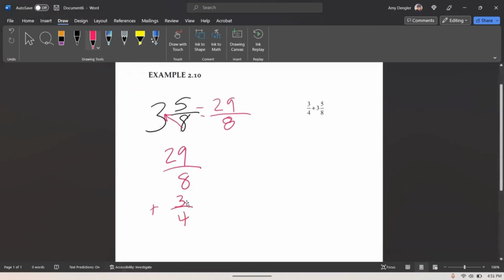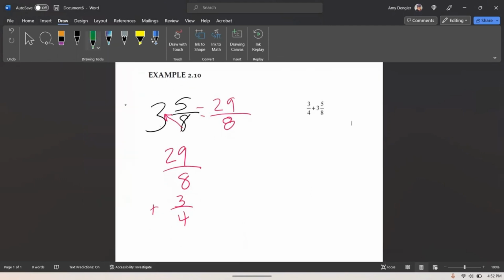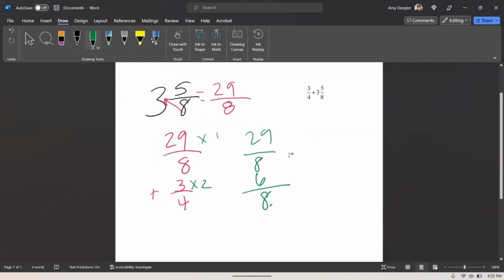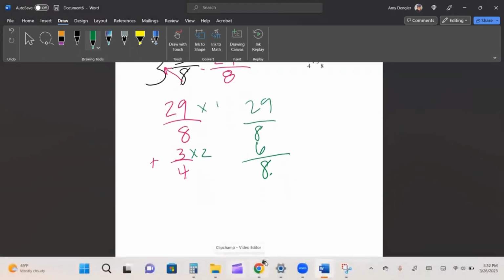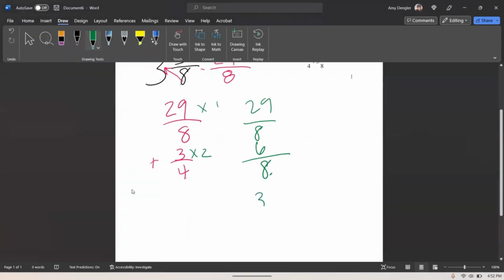Now I need to find the lowest common denominator between 8 and 4, which 4 goes into 8, so we'll do 8. 4 goes into 8. 8 divided by 4 is 2. 3 times 2 is 6. 8 goes into 8 once. 29 times 1 is 29. So now we would just add the 29 plus 6. We get 35